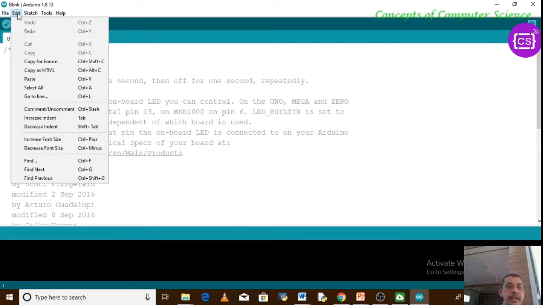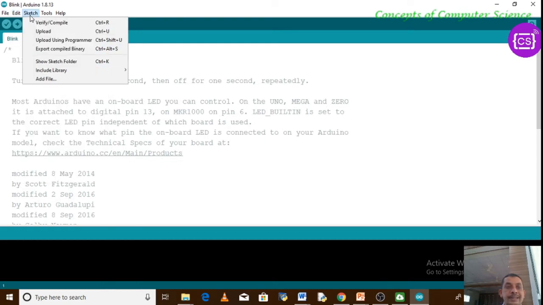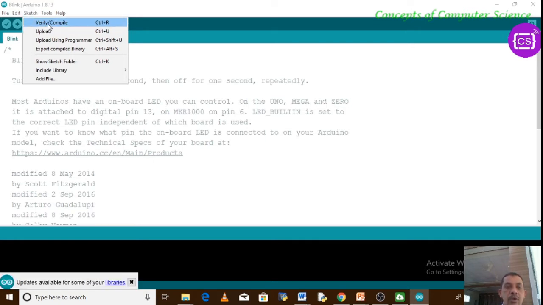Similarly, in the Edit menu you have different options generally available with various edit menus, like copy, cut, paste, select all. Then in Sketch you have the option to verify or compile your code or your sketch. Then the upload option is there to upload your sketch on the Arduino board.